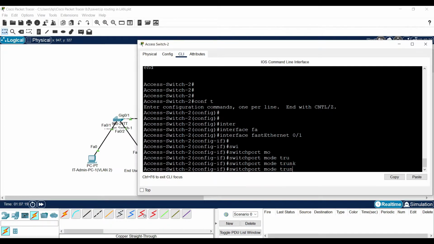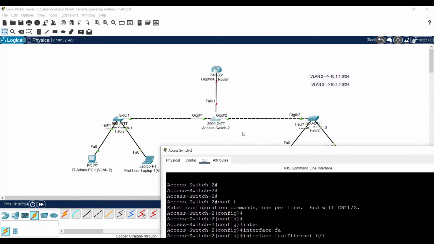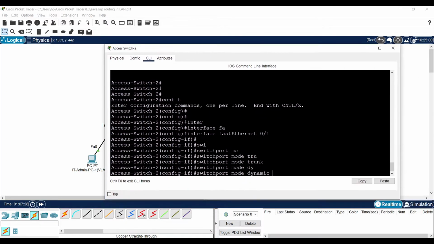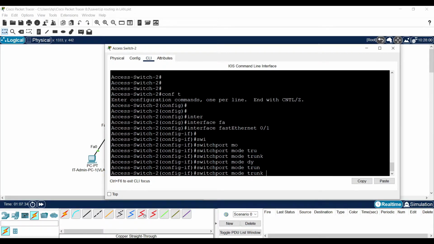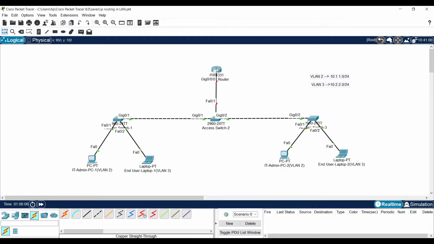We should not configure dynamic or dynamic desirable mode, because the device on the other end, the router, will not understand the DTP negotiation, the trunk negotiation. So we need to configure the trunk manually at the switch end. Now it is fine. Let's do it on the router.